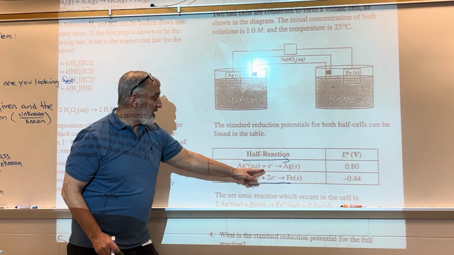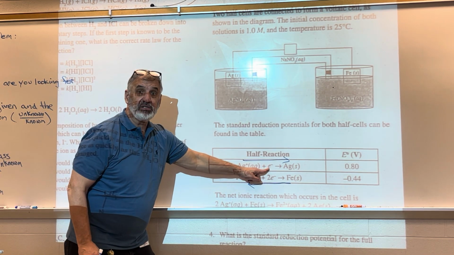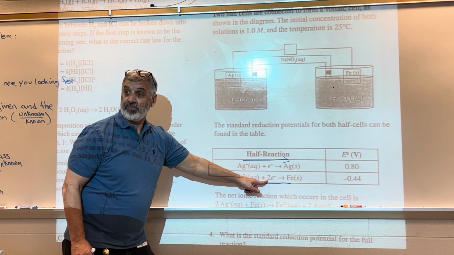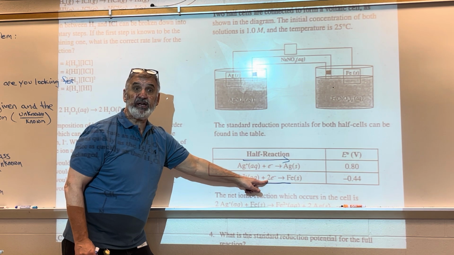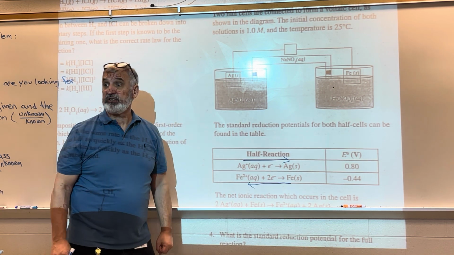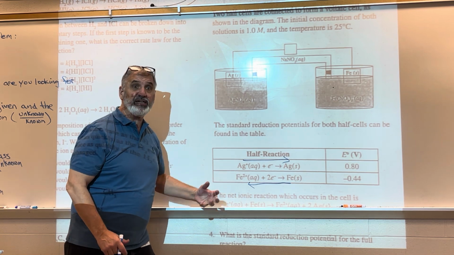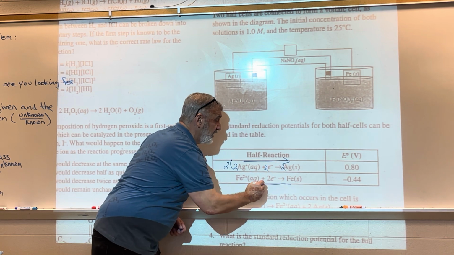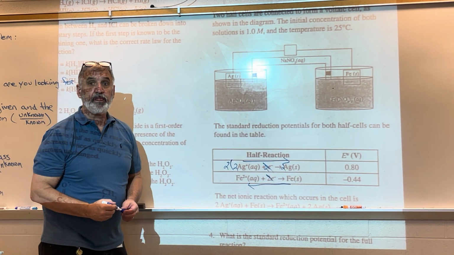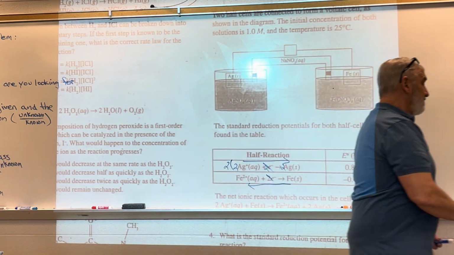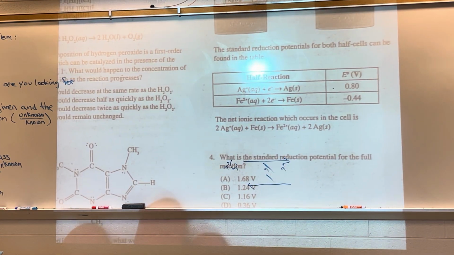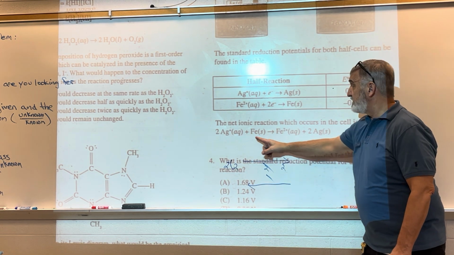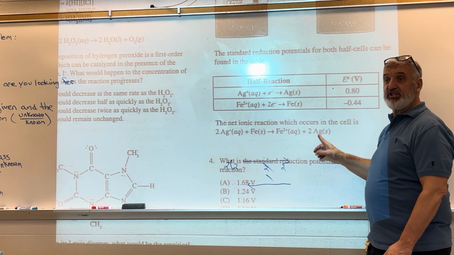Now, I am gaining 1 electron, but I'm losing 2 electrons. So what would I have to do here to make electrons gained equal electrons lost? To my half reactions. Here are my 2 half reactions. I have to multiply this one by 2, so I get 2, 2, and 2. So now my electrons are going to cancel. So when I look at the balanced net ionic equation they give you, that's where the 2 comes in. Okay, because just Ag plus Fe goes to Fe2+ plus Ag,